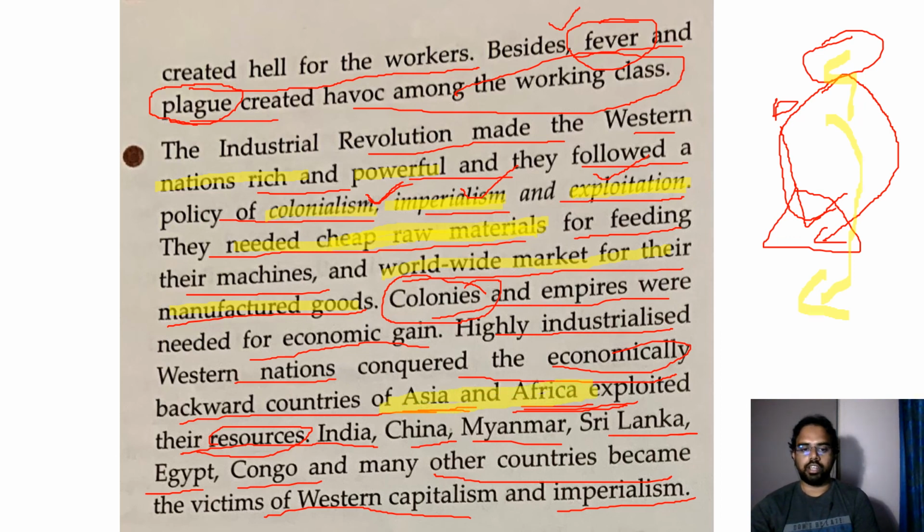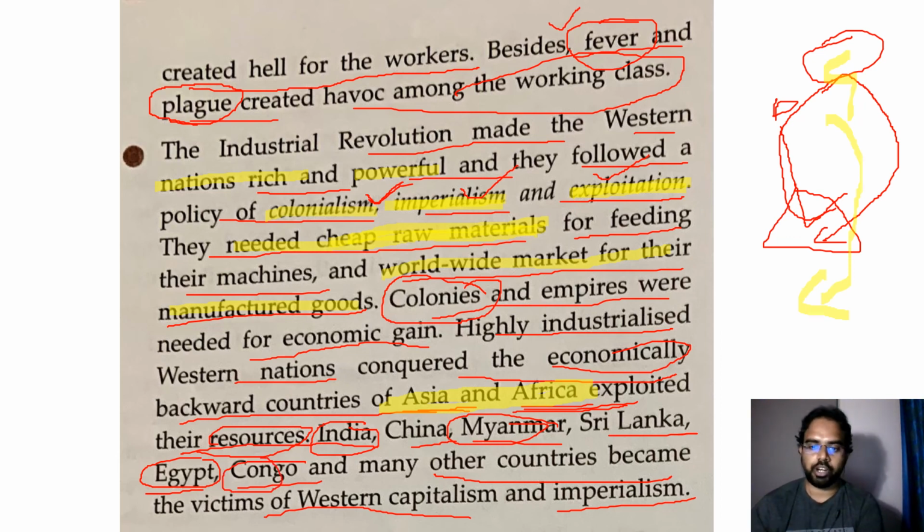And the colonies in Asia and Africa, like India, Myanmar, Egypt in Africa, Congo in Africa, all became centers of exploitation of resources. So England especially tried to take out resources from Egypt, India, and they made their industries more wealthy. So the reasons were Western capitalism and